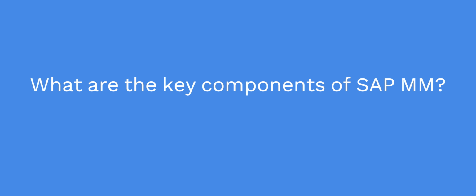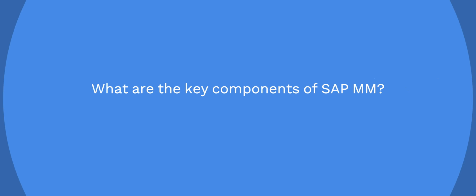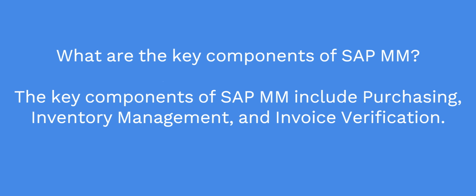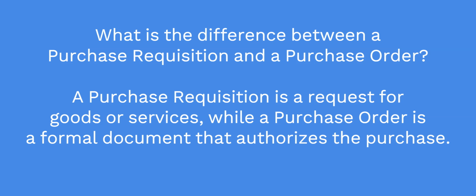What are the key components of SAP MM? The key components of SAP MM include purchasing, inventory management, and invoice verification. What is the difference between a purchase requisition and a purchase order? A purchase requisition is a request for goods or services, while a purchase order is a formal document that authorizes